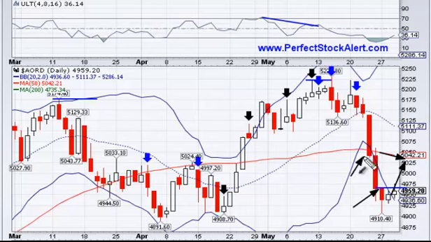Again, I want to point out you're closing below the 50-period moving average. This is a very, very bearish sign whenever you're doing that. It's indicative of a breakdown. You're also taking out previous lows. We talked about that earlier last week. And so all these things here are very troublesome.